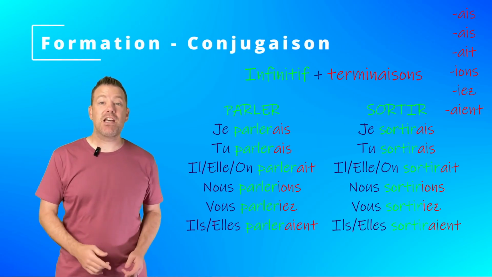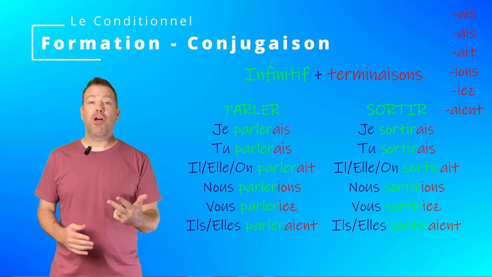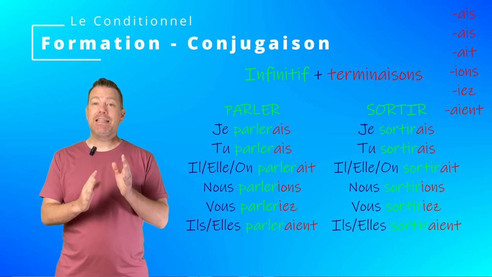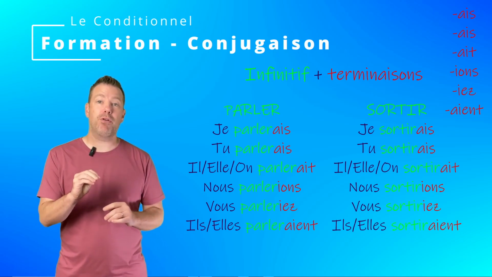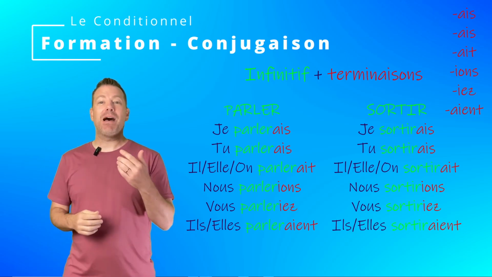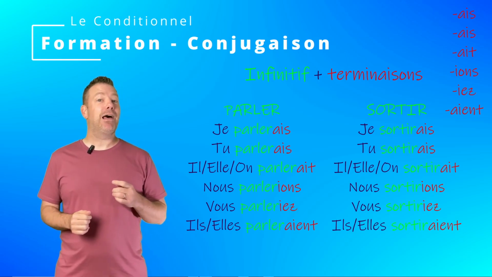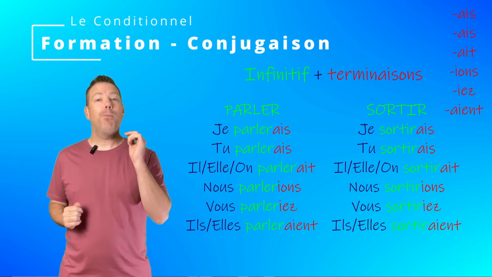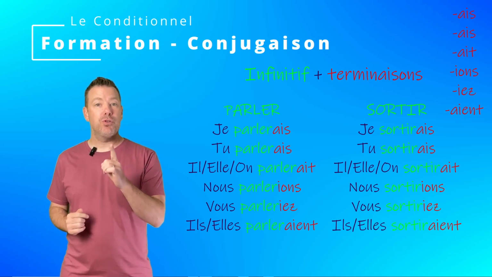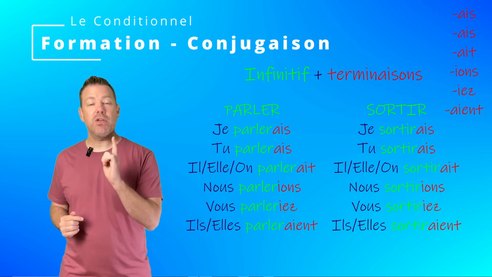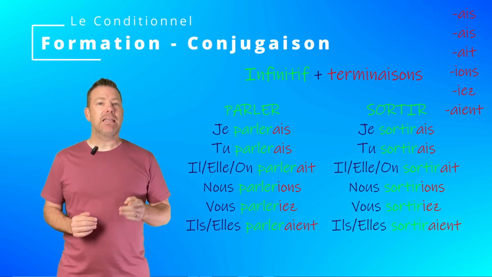So let's cover together the conjugation of parler, sortir, and prendre. For the first two, it's very easy. The stem is the infinitive to which you add the endings of the imperfect. So, je parlerais, tu parlerais, il parlerait, elle parlerait, of course, on parlerait. Attention, nous parlerions. The tricky bit here is to well pronounce the I in there. Nous parlerions. Vous parleriez. Il parlerait.